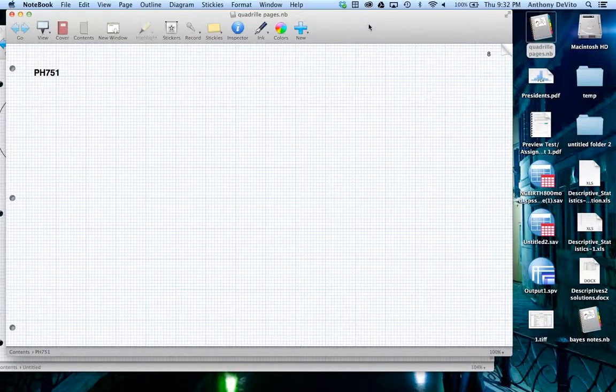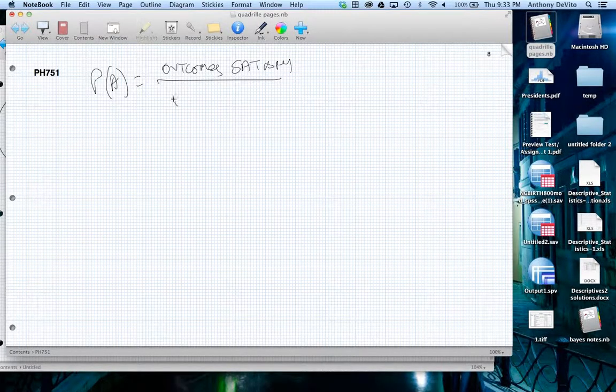I'm going to give maybe about 5 minutes of background, so that what I'm about to say makes a little bit of sense. Now, you guys know that when you calculate probabilities, when you look at the probability of A, you're looking at the percentage and number of outcomes that satisfy your criteria